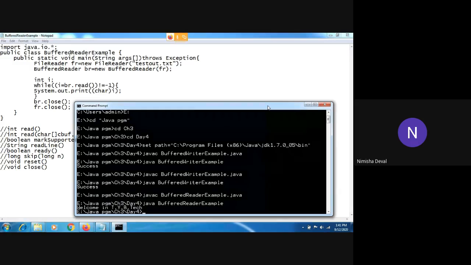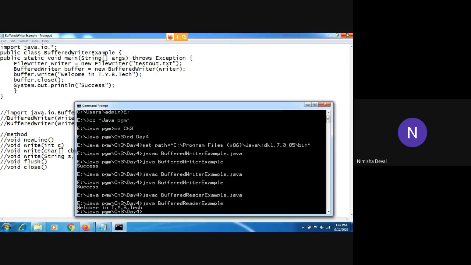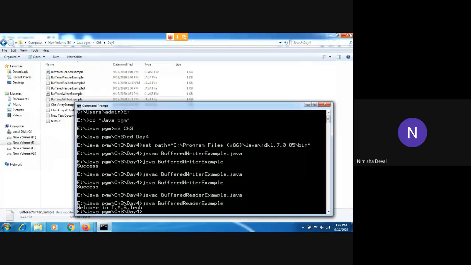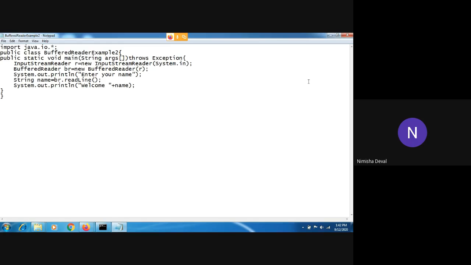We will see some more examples based on BufferedReader, because there are different ways to read that data. So I will show you another program also. The use of this program is mainly with the help of an InputStreamReader.